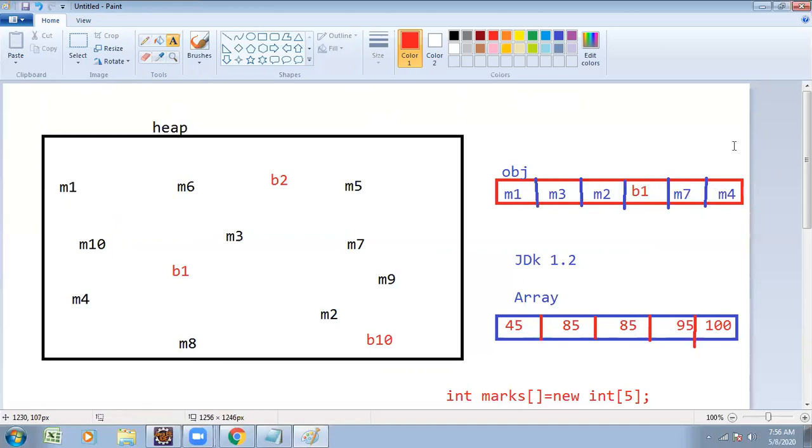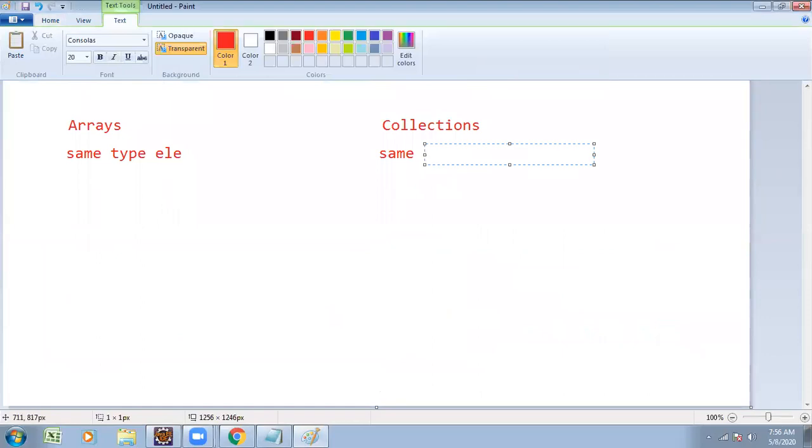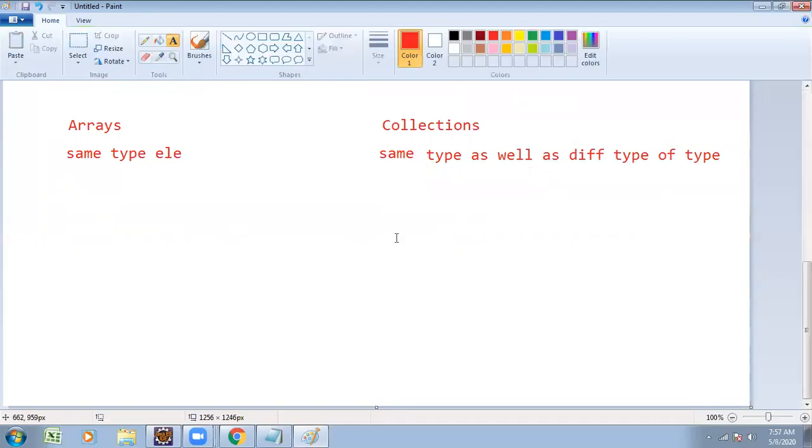Working with an array, only one type of element is allowed. Arrays store only homogeneous elements. Collections store homogeneous as well as heterogeneous.